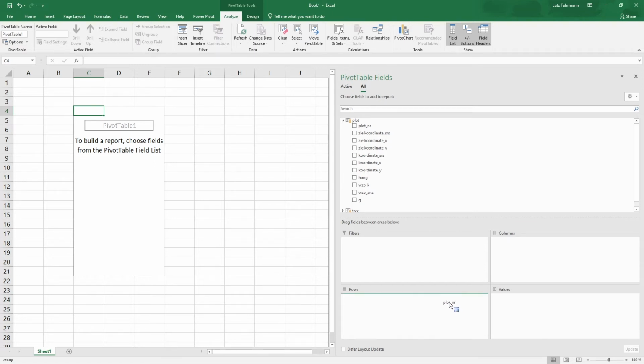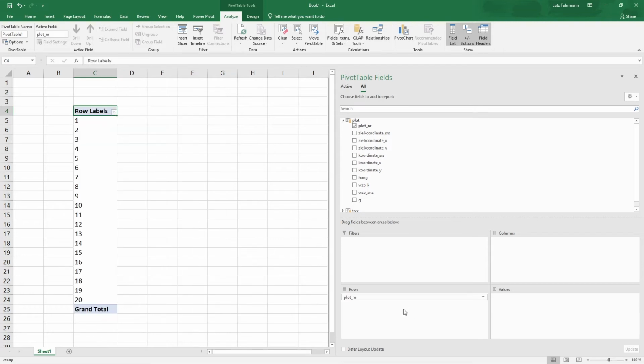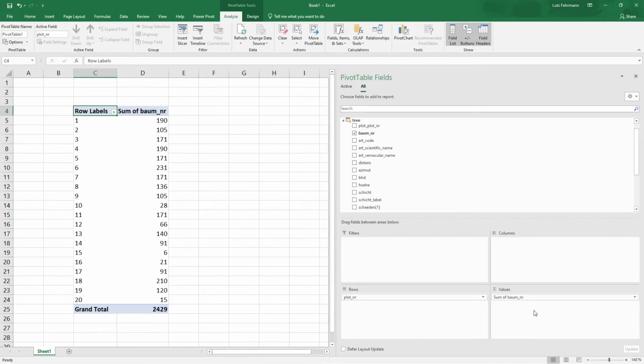What I like to do now, just as a short test, is see in my rows all the plot IDs from my plot table, and I like to aggregate some value from the trees on each of these plot IDs. Since we have not yet implemented any fancy estimators, I can do a simple count of the trees per plot. So let's count some field from the tree data. I take the tree ID here and put it in the values field.